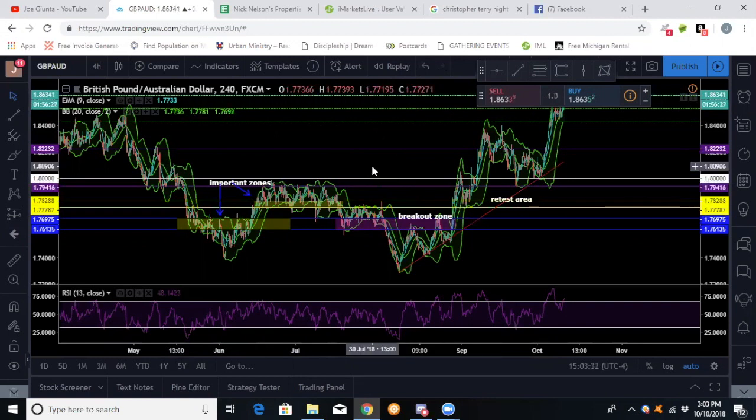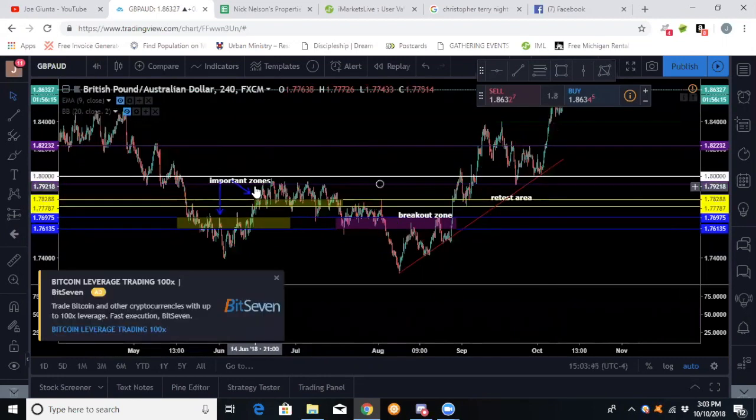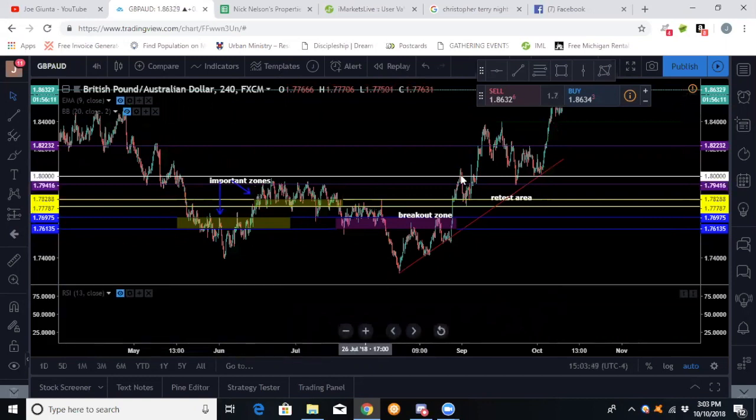So right now you can see a lot of squiggly lines and Bollinger Bands and moving averages and all this kind of stuff on my screen. So what I'm going to do right now is hide that stuff. So right now you should be able to see some candlesticks. I'm showing you something right off of a trade setup that I already did. As you can see, this trend line and all that,